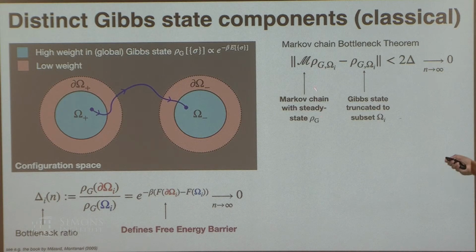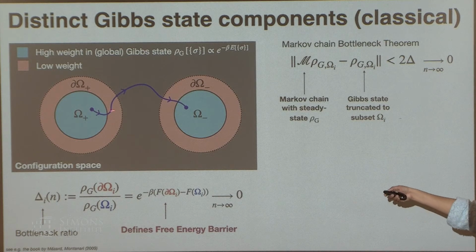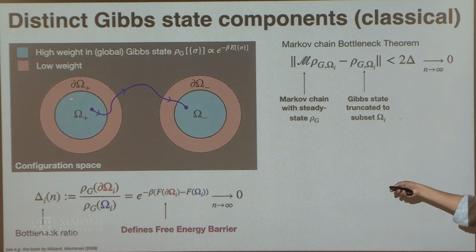And now if I think of some Markov chain which has a steady state which is given by my global Gibbs state, and I hit this, so you can again imagine some kind of spin flip dynamics, and if you start in a mostly up state and you start making local spin flips, you know that you have to go through some region where your magnetization gets very, very close to 0 before you can emerge in some region with mostly negative magnetization. So any kind of local spin flip dynamics has to go through these bottlenecks to take you from the up Gibbs state to the down Gibbs state.